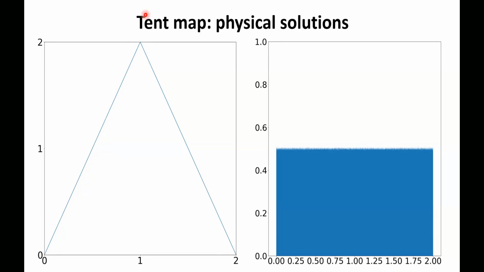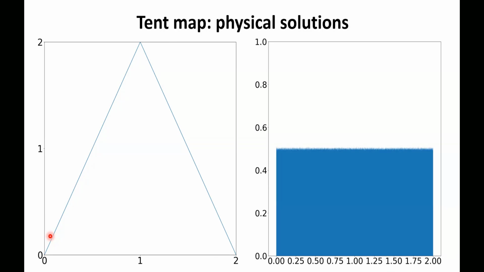Okay, so first of all, on the tent map, because of the straight line, you can see that if you start from 1, you're going to map to 0. If you start from 2, you're going to map to 0. If you start from 0.5, you're going to map to 1 and then back to 0. So if you start from any fractional number with the denominator being a power of 2, you are ultimately going to be mapped to 0, right? That's just a